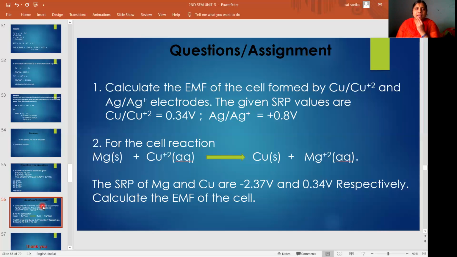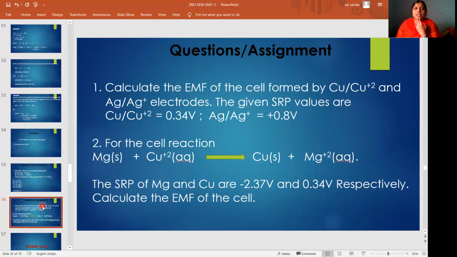So if you see the reaction, Mg is converting into Mg+2. What is happening? What is this reaction called? Mg to Mg+2. When will it get charge? When an atom loses electrons, then it will get charge. So here magnesium is losing 2 electrons, so it is converting into Mg+2. So magnesium is undergoing oxidation. So magnesium is anode here.